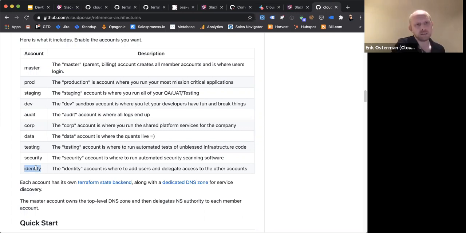Also related to this, you're going to be, as a company, maybe at some point doing automation. You might have an automation account. I think this is a little bit older of a list; our current list includes an automation account. And the automation account is a highly trusted, highly secured account where you would run things like your Terraform Cloud runners. You'd run maybe CodeFresh runners. You'd run maybe some Jenkins slaves for automation.